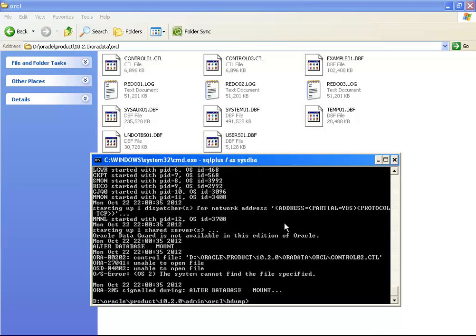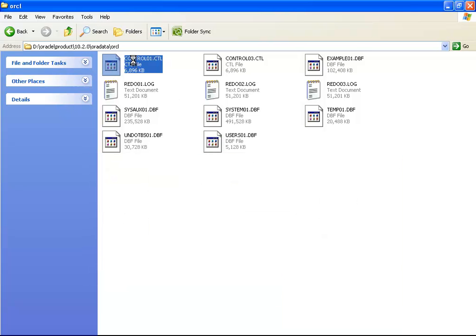Here we come, you can see the system cannot find the file specified. Now the system specifies that control file control02.ctl is missing, and it is signaled during the alter database mount stage when it was trying to mount the database. So to resolve this problem, let's copy one of the control files,